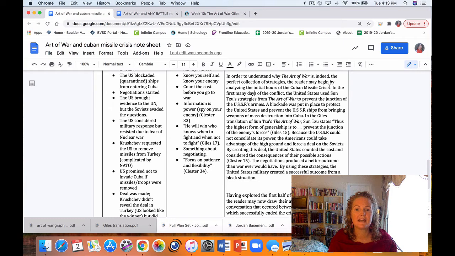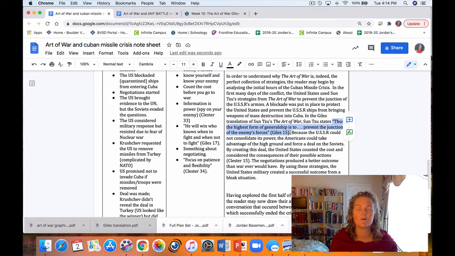In the first many days of the conflict, the United States used Sun Tzu's strategies from The Art of War to prevent the junction of the USSR's armies. So that was one of the concepts in The Art of War. And then I explain it. A blockade was put in place to protect the United States and prevent the USSR ships from bringing weapons of mass destruction into Cuba. In the Giles translation of Sun Tzu's The Art of War, Sun Tzu states, and here is my quote,